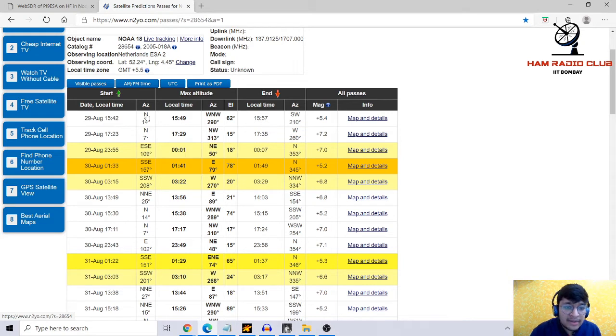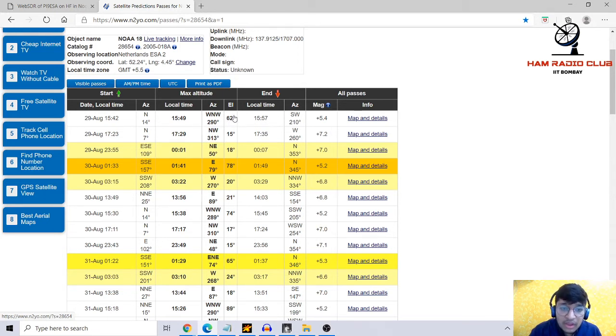As I mentioned in the slide before, this is the azimuth through which it passes, 14 degree north to 200 degree southwest. So if you're doing offline tracking, you have to move your antenna in this direction using a compass from 14 degree north to 200 degree southwest, and the maximum altitude will be at 3:49 p.m. where we'll get the best possible signal. So the azimuth at that time will be west northwest 290 degree. So you move from 14 degree to 200 degree in an arc kind of way, and the elevation for our pass will be 62 degree.